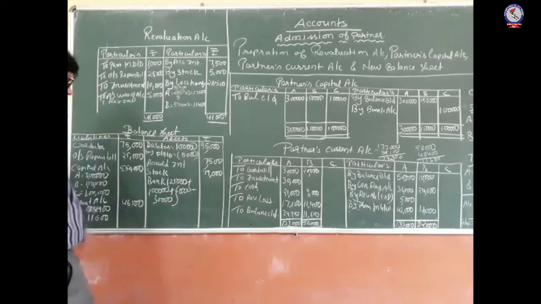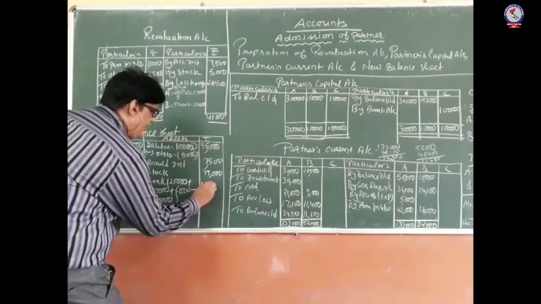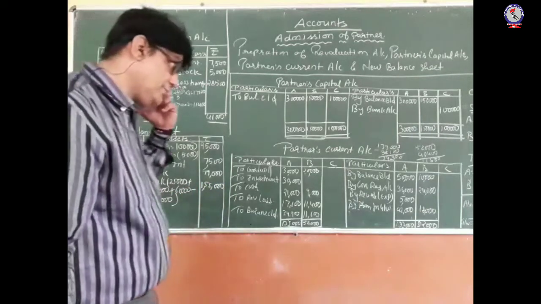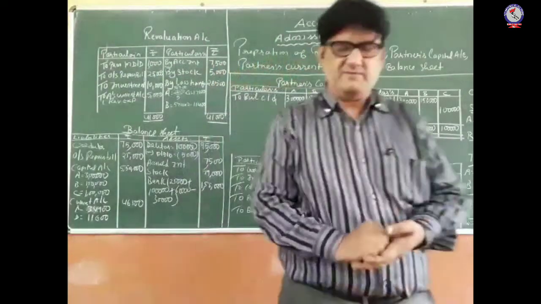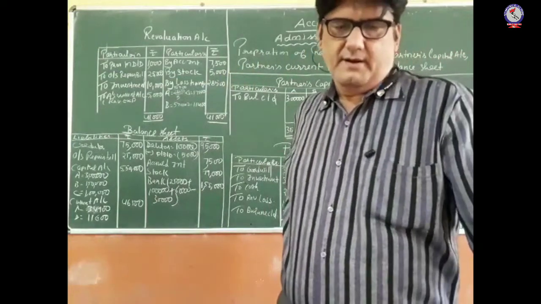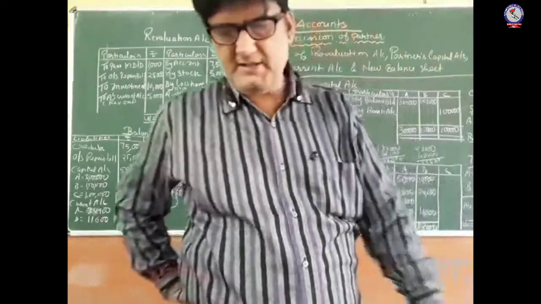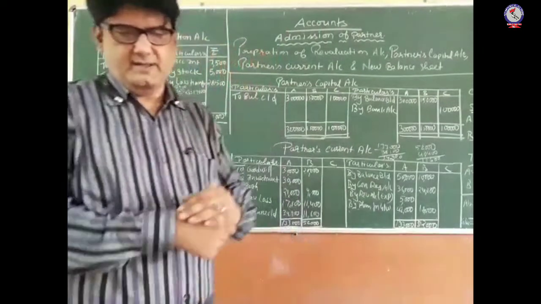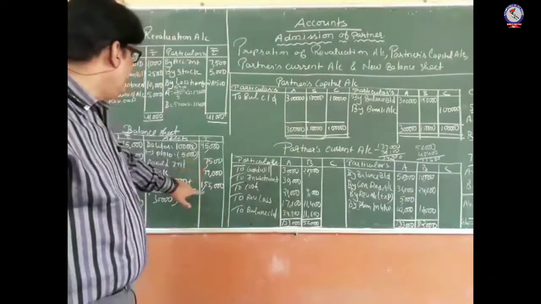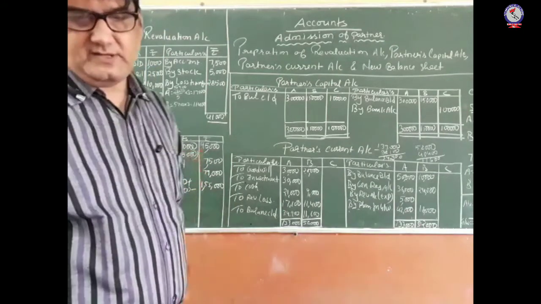Okay, so this will become 185 minus 30, 1,55,000 rupees. So this is 1,55,000 rupees, the bank balance which is there at the end of the day with the firm. Now after this, we will be closing this account also, that is the balance sheet, whether it is a statement. So we will be closing this statement. Okay, 155, 79, 75 and 95,000 rupees.